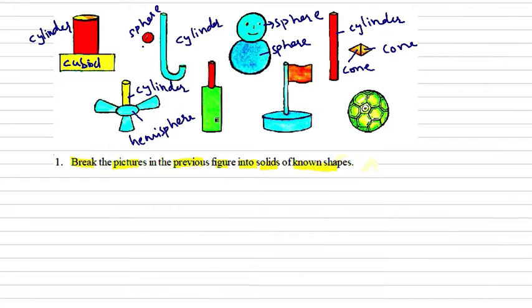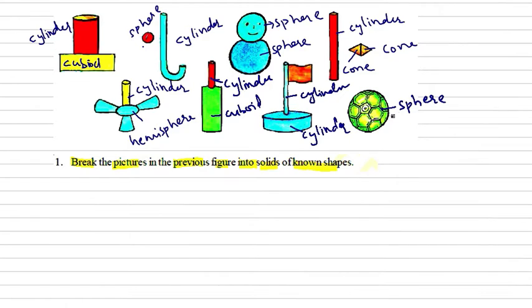Let's look at the bat here. It is a cylinder form. In the bat here we can see the shape of a cylinder and here we can see the shape of a cuboid. The next is a flag. Here we can see both cylinders, it is also in the shape of a cylinder, and look at here, this is in the shape of a sphere. So these figures are the combination of different solids.